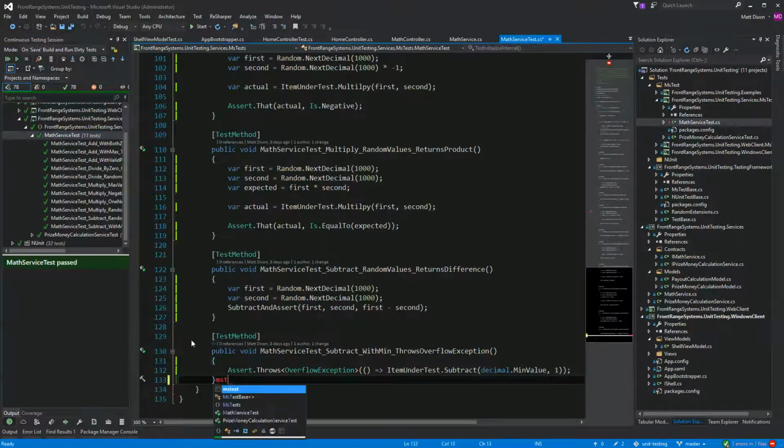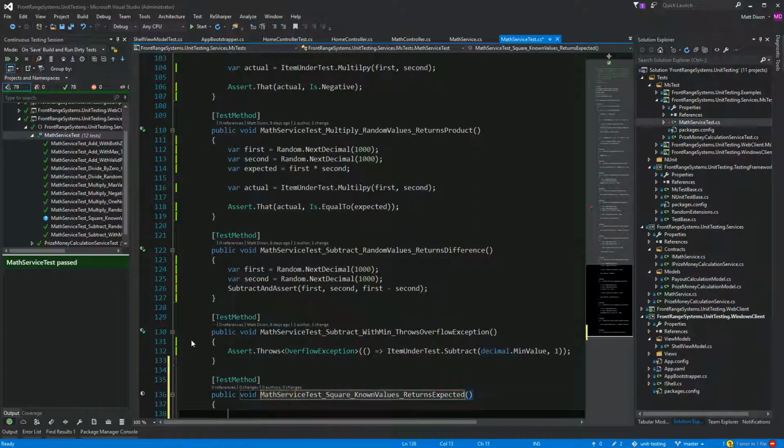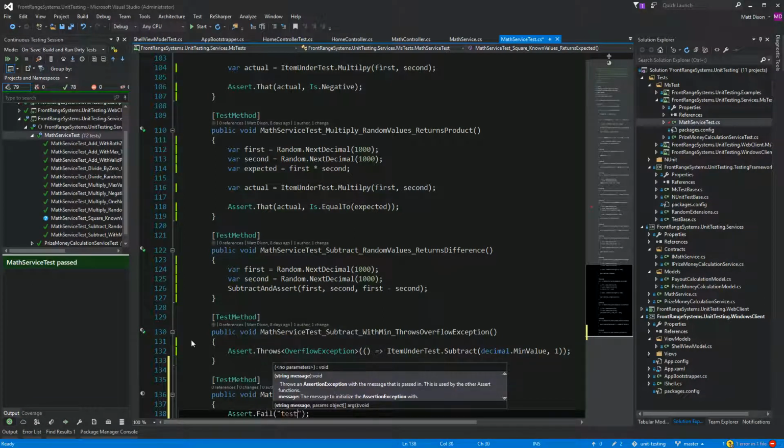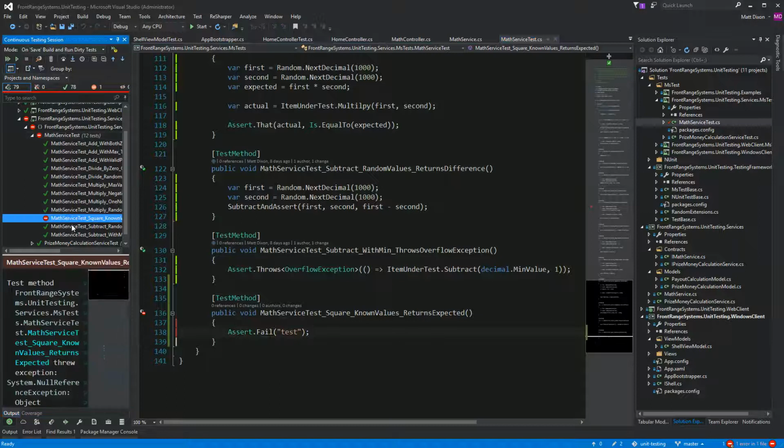Let's just write a test that's going to fail. We're not going to implement anything at the moment. But let's say that we want to add a square method, and we want to pass in known values. So the first thing I like to do is write a failing test just like that. I know it sounds stupid, but it really makes sense because then we've got a red test, and we can